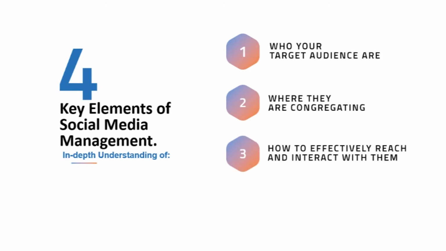So the third thing you need to understand is how to effectively reach and interact with them. It's one thing that you now know where they're congregating. How to connect with them and interact with them is very important, because how you connect with them is going to influence their perspective about your brand and really go as far as influencing how they engage with that particular brand. One strategy you can employ here is to study the top 5 competitors in that niche you're focusing on, and really study their social media platforms. Look at what kind of content they're posting, what content is getting more engagement, what content is resonating with the target audience they're focusing on, and that would help you really know how to connect with this target audience more effectively.